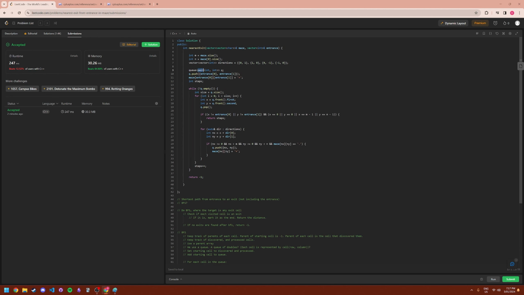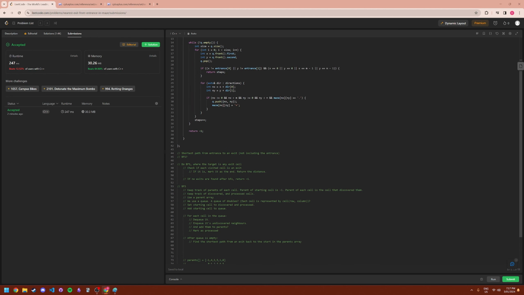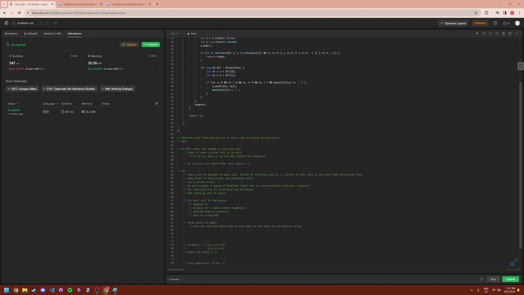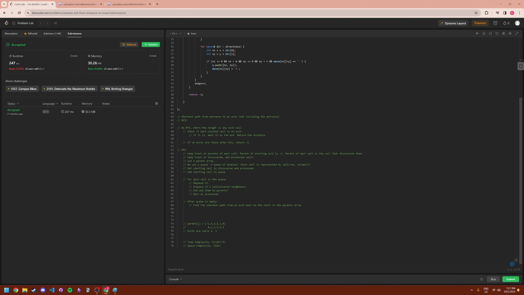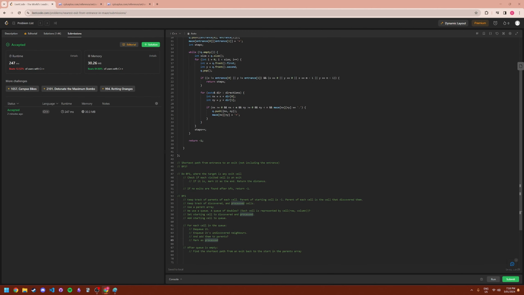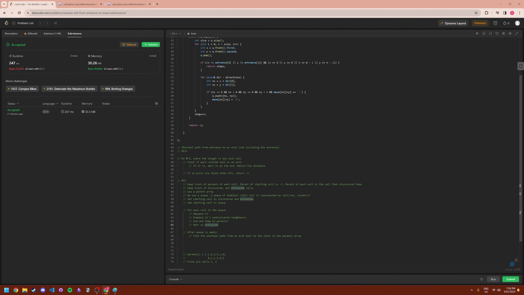But pair. That's what they did. That's what I was supposed to do. Set starting set of discovery process. Yeah, add it to queue. Yep, that's correct. Dequeue and queue. Add them to parents. No, but mark them as processed. No, mark them as visited. And also check if they're an exit. Because if they are, no,